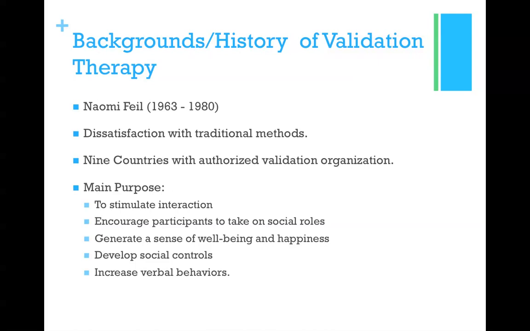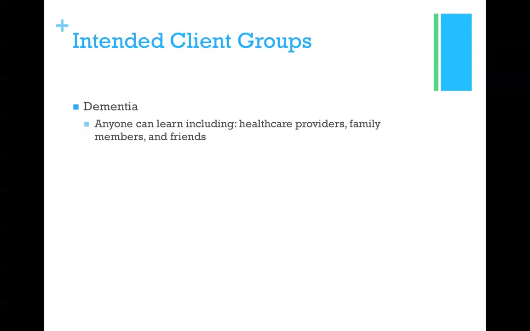There are currently 9 countries that are authorized to practice validation and to have an organization. The main purpose is to stimulate interaction, encourage participants to take on social roles, generate a sense of well-being and happiness, develop social control, and increase verbal behaviors. The intended client group is, again, dementia. And dementia doesn't just affect one person, it affects family members and friends. So being an advocate for this is very important,